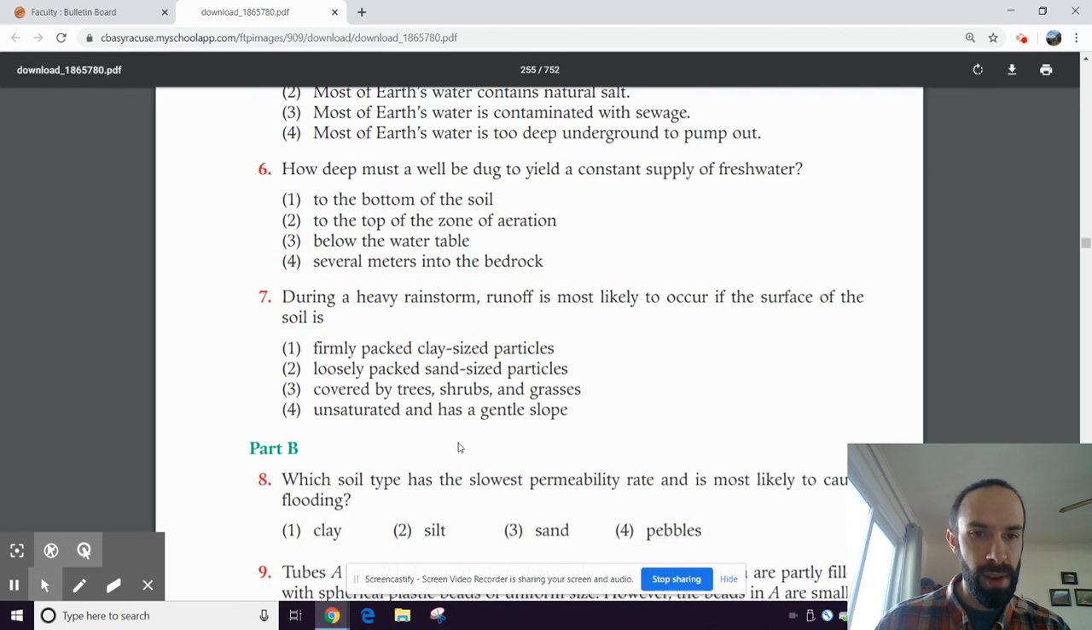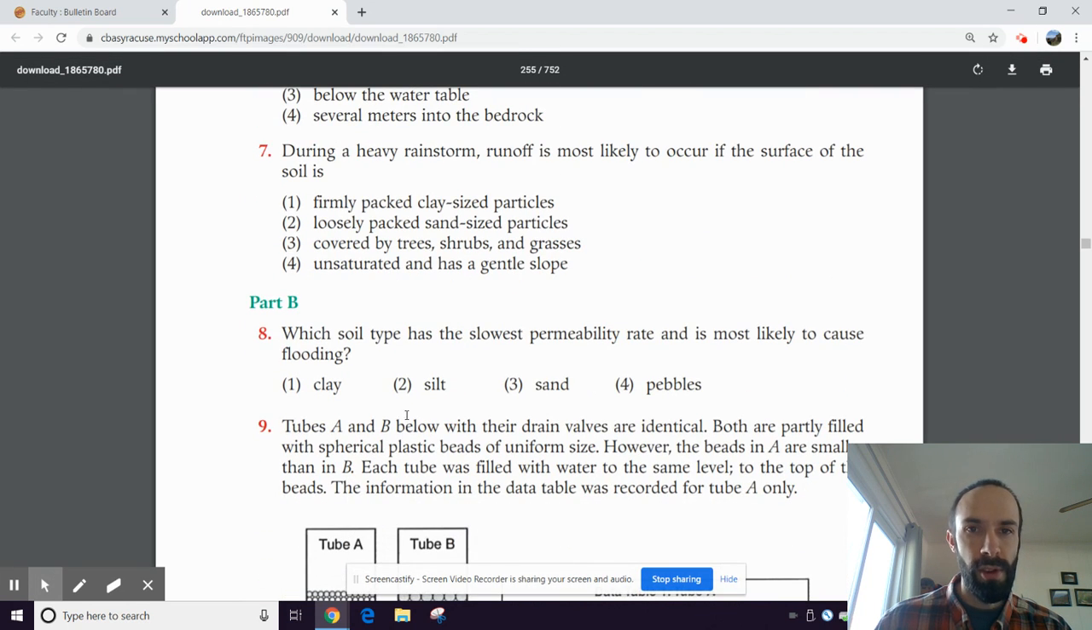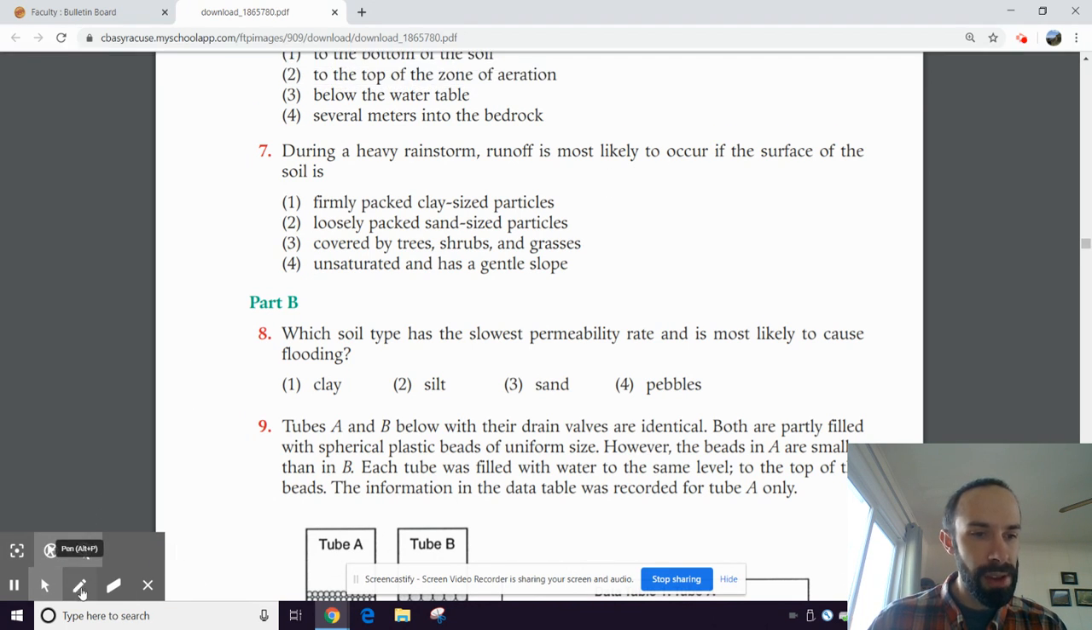Number 7, during a heavy rainstorm, runoff is most likely to occur if the surface of the soil is what? So we want the surface to be completely impenetrable. We don't want water to go into the ground. We just want it to run over the surface. And so if we have something that's going to prevent infiltration, something that's not permeable, that's going to make runoff